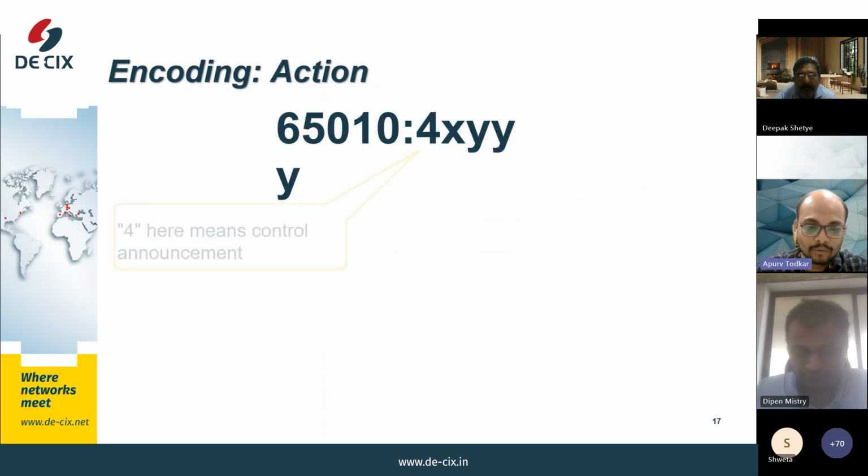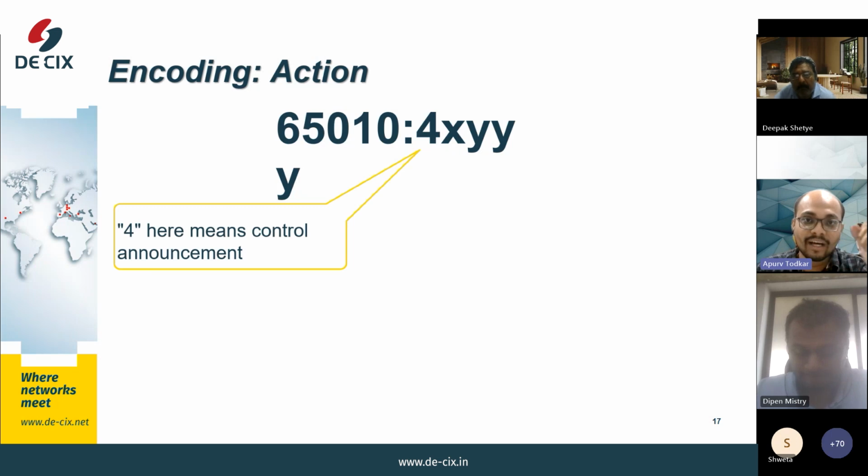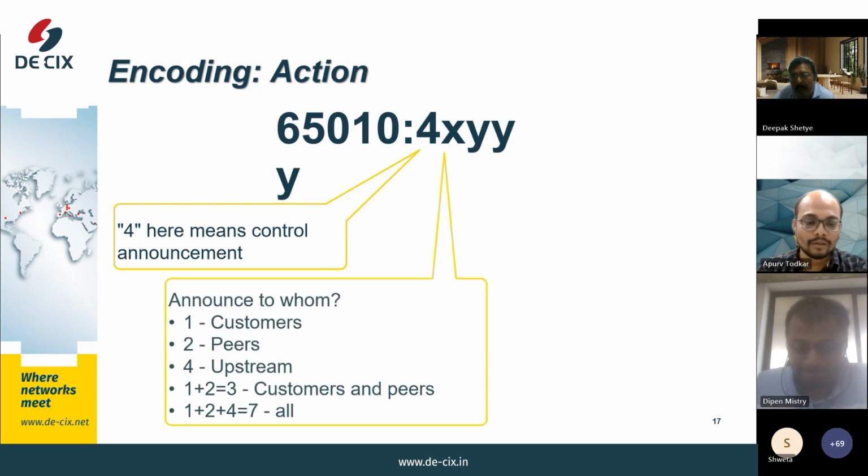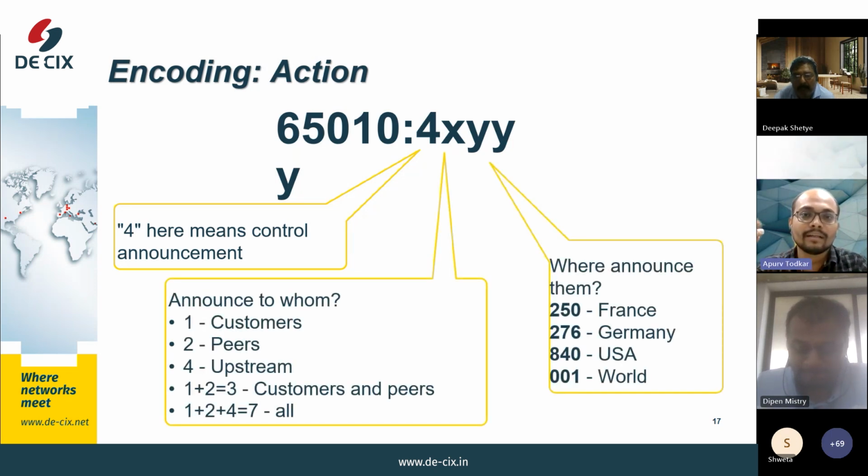So let's look at our encoding example. We have already used the 1 and 2 digits in the previous example, so in this example, let's start with 4. Here 4 will signify the control of the announcements, and the second digit will specify whom the prefix should be announced to. Within the 1 digit, you can encode options like customers, peers, upstream providers, or any combination of these. And the last 3 digits you can then use to encode the specific countries or regions where this prefix should be announced. Okay. So this approach allows flexible and more granular control over the BGP announcements based upon the needs